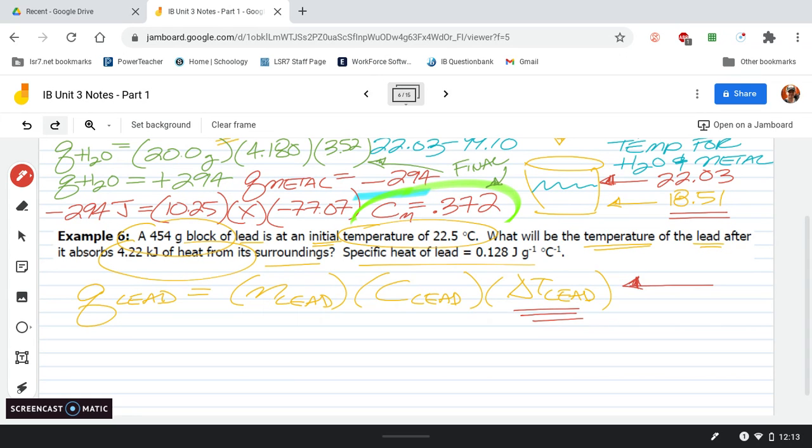You guys should have gone through and solved this one or attempted to. So let's go ahead and switch the pen over to the different color. So let's put in our mass. So 454 is going to go here. So 454 grams. So drop that in here. Initial temperature is not going to be used yet because we're going to use that at the end. Okay, because we're finding change in temperature. So specific heat,